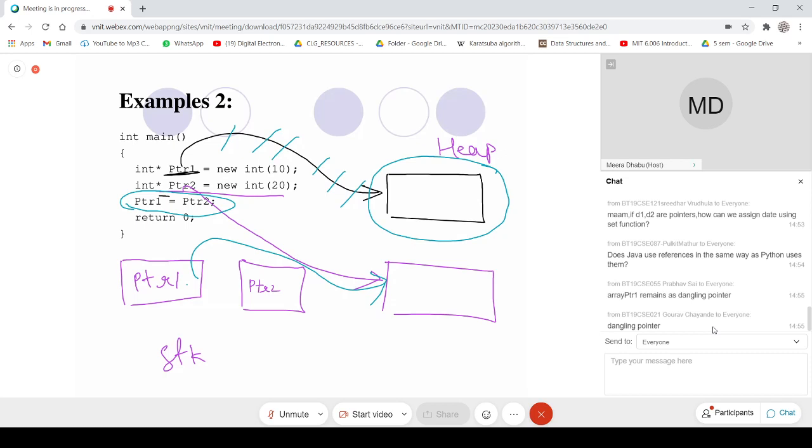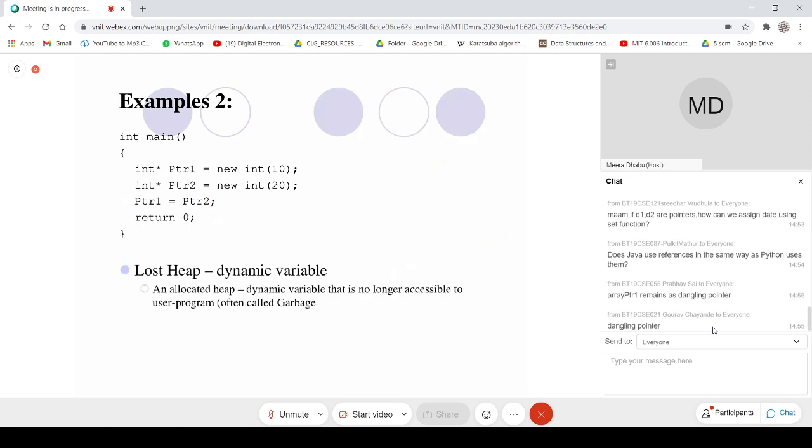This is a mistake on the programmer's side. What happened? Lost heap. The allocated heap, that is the dynamic variable, is no longer accessible to the user program, often called garbage.